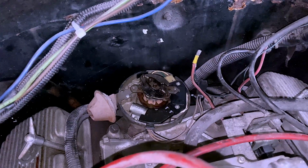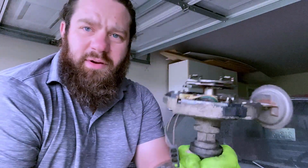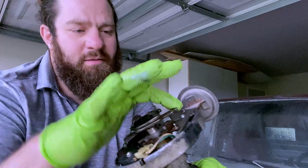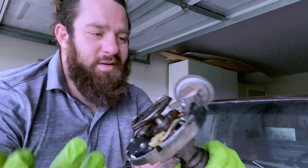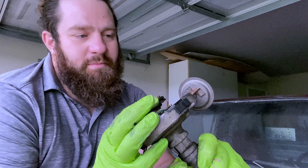The new one comes with a new cap and rotor anyway. Alright, so this is the old one. I already put the new one in, so I mean, that feels extremely light, man. I don't know. It just makes me feel better to change it. I might not have needed to change it, but I'm probably messing everything up by doing this, but